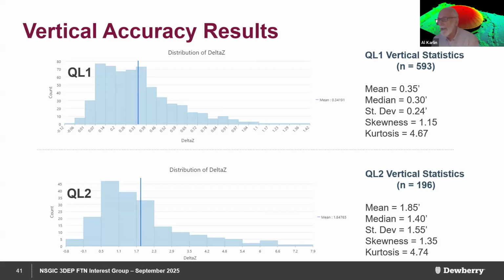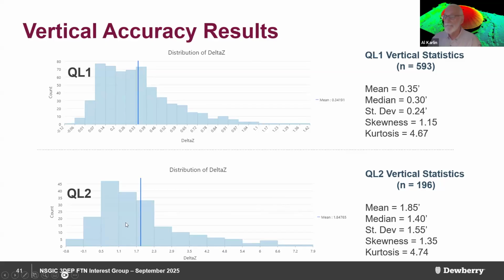There are a couple of outliers, and you can see that we do get outliers out at like 1.2 feet or 1 point, in this area beyond that 1.2 feet. But again, I'm not going to be terribly concerned with those. When I look at the delta Z's on the QL2 data, however, you look at the distribution, and the distribution